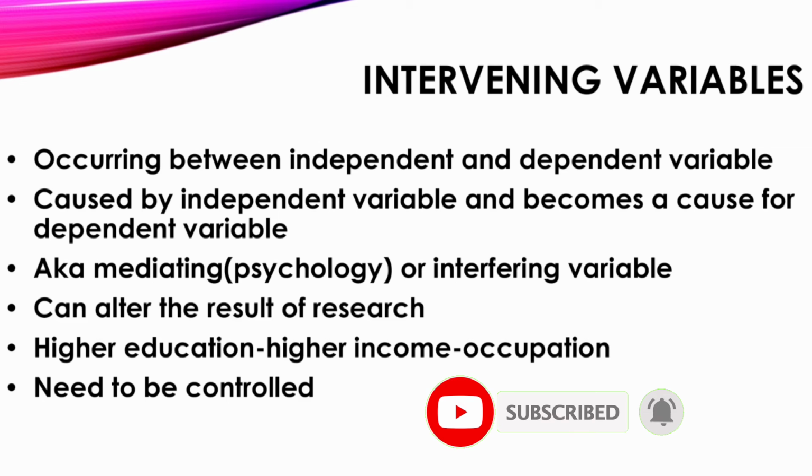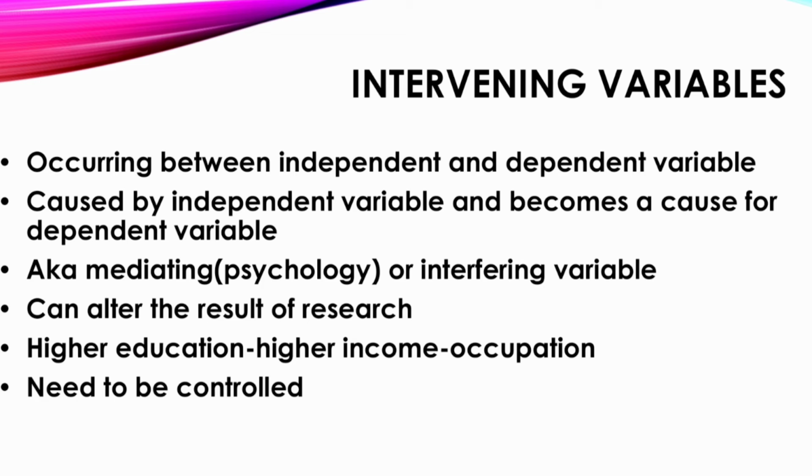So the intervening variable is the one that surfaces between the time the independent variable starts operating to influence the dependent variable and the time their impact is felt on it. So a researcher also tries to control the effect of the intervening variable to bring a proper outcome for his research. In an organizational context, intervening variables may include motivation, tiredness, boredom, etc. But one has to understand that it is very difficult to actually control the intervening variable. So next we can move on to the next type of variable.